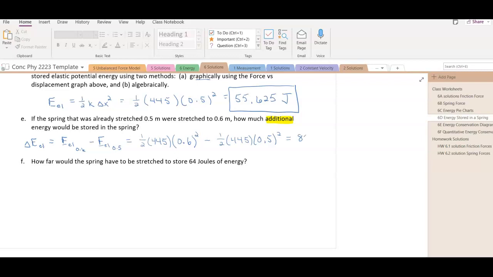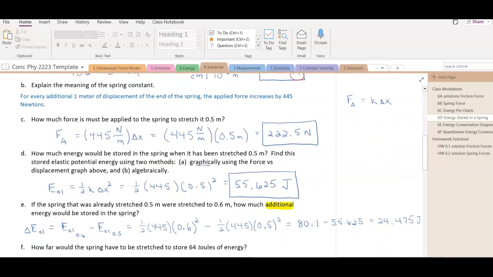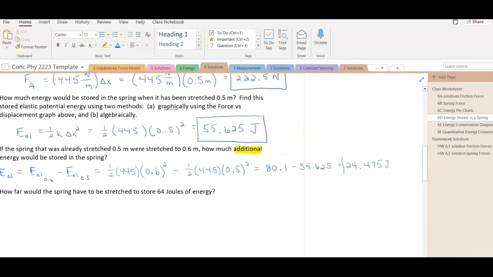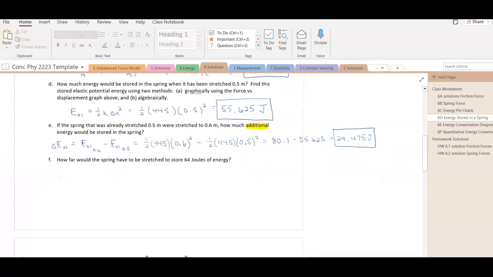I get 80.1 joules when it is stretched to 0.6 meters, and I got 55.625 when it was stretched to 0.5 meters. And so the difference there, if I just subtract, is 24.475 joules. That's how much additional energy is stored when it is stretched that little bit of additional distance. Okay,